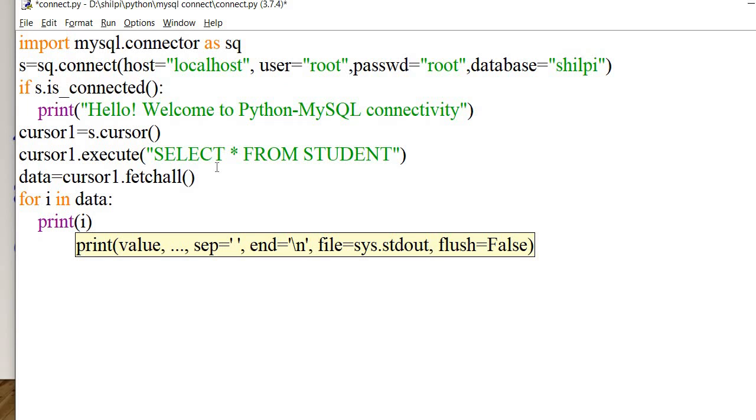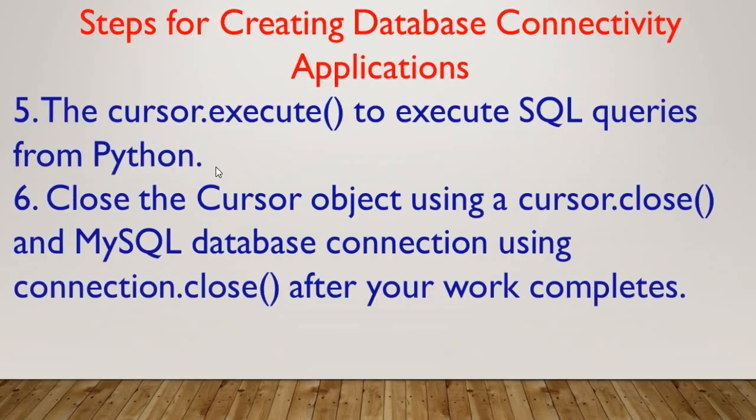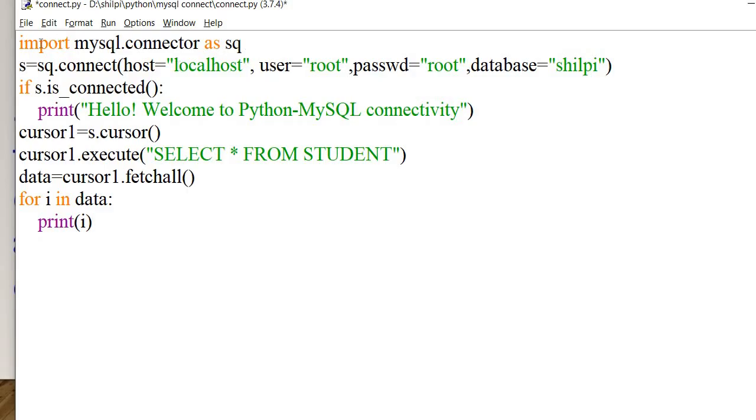Once you are done, you have to close the connection. The last step, which I told you, after the cursor is executed, is to close it after everything is finished. You have to close the cursor and you have to close the connection. In this case, the connection is s and the cursor is cursor1.